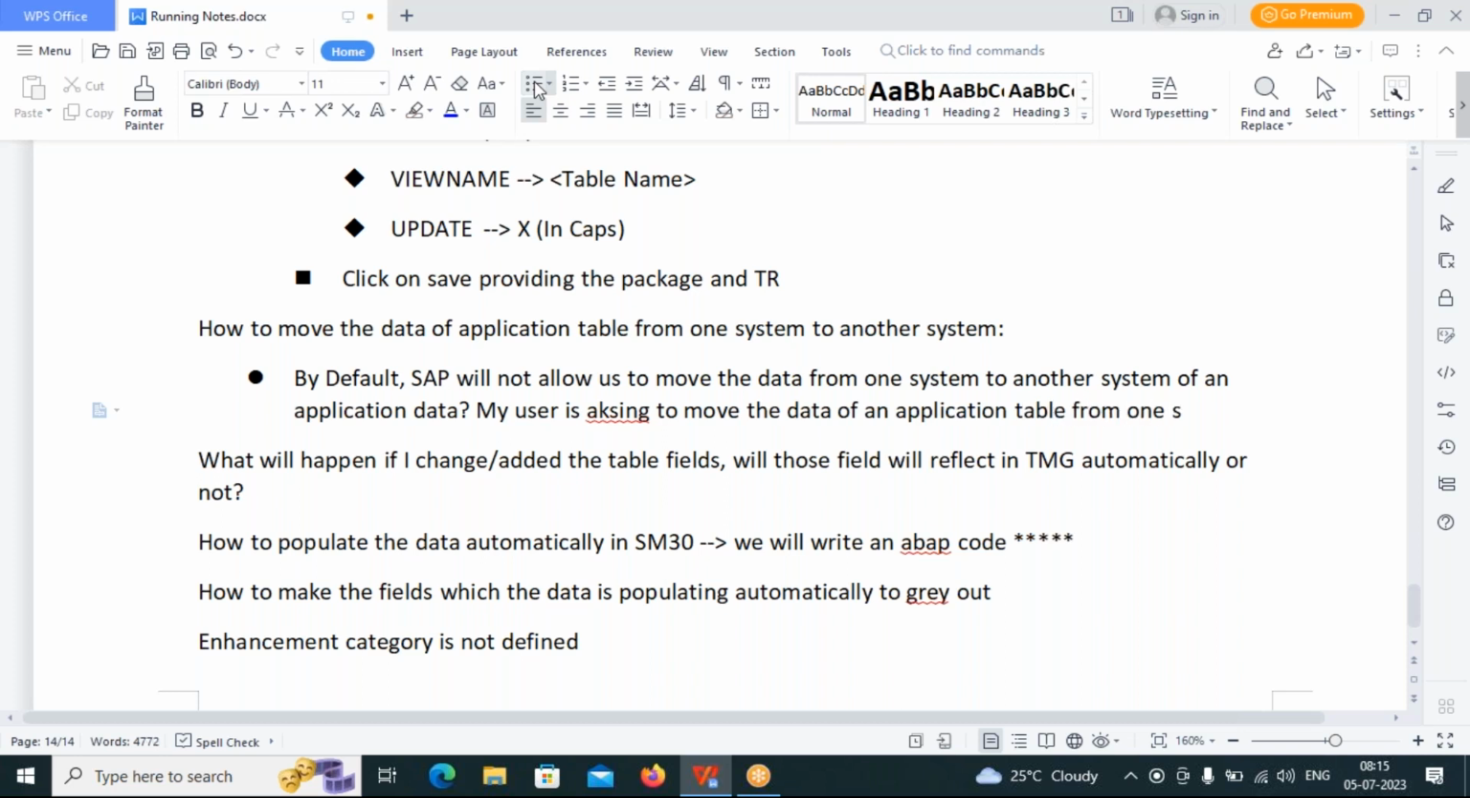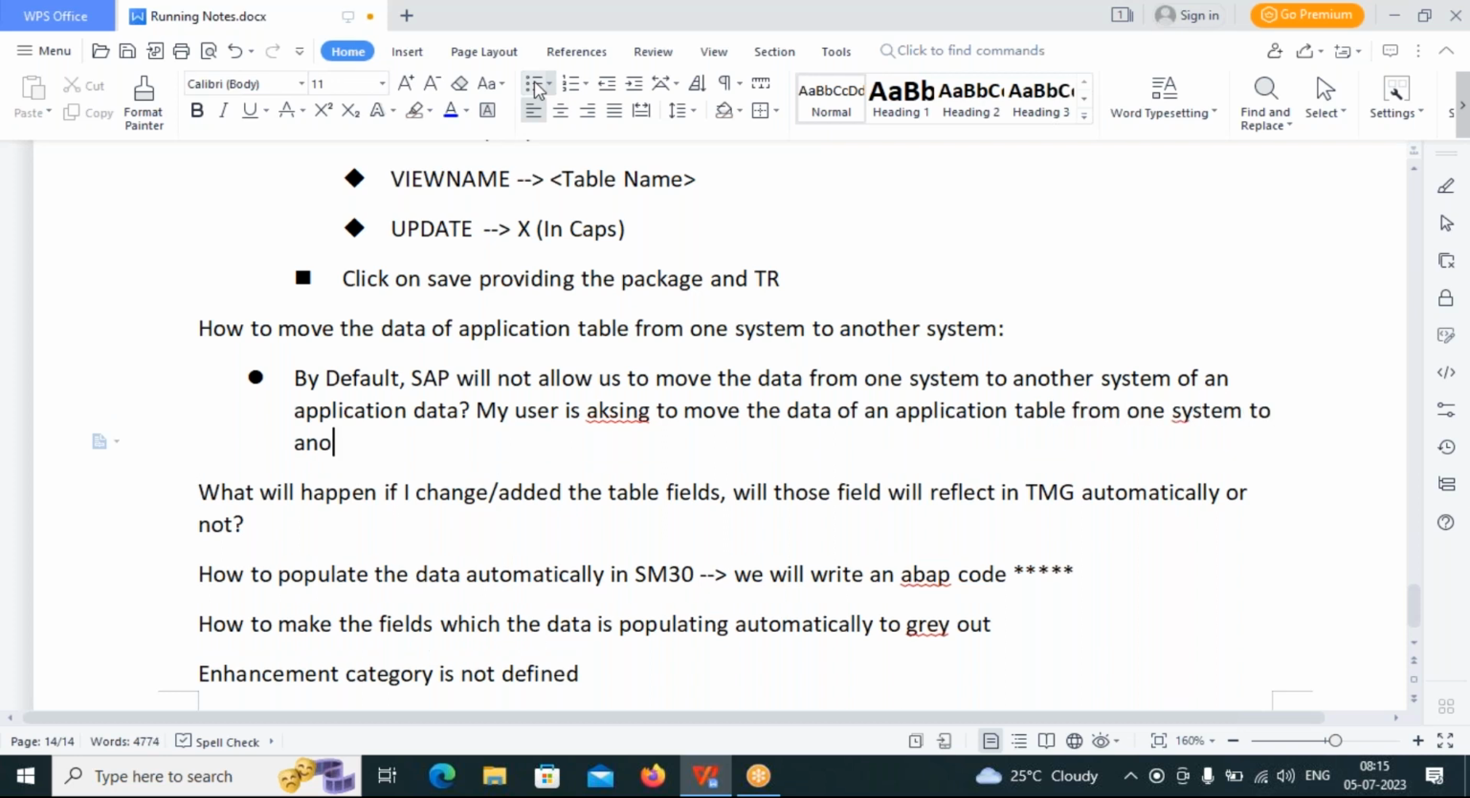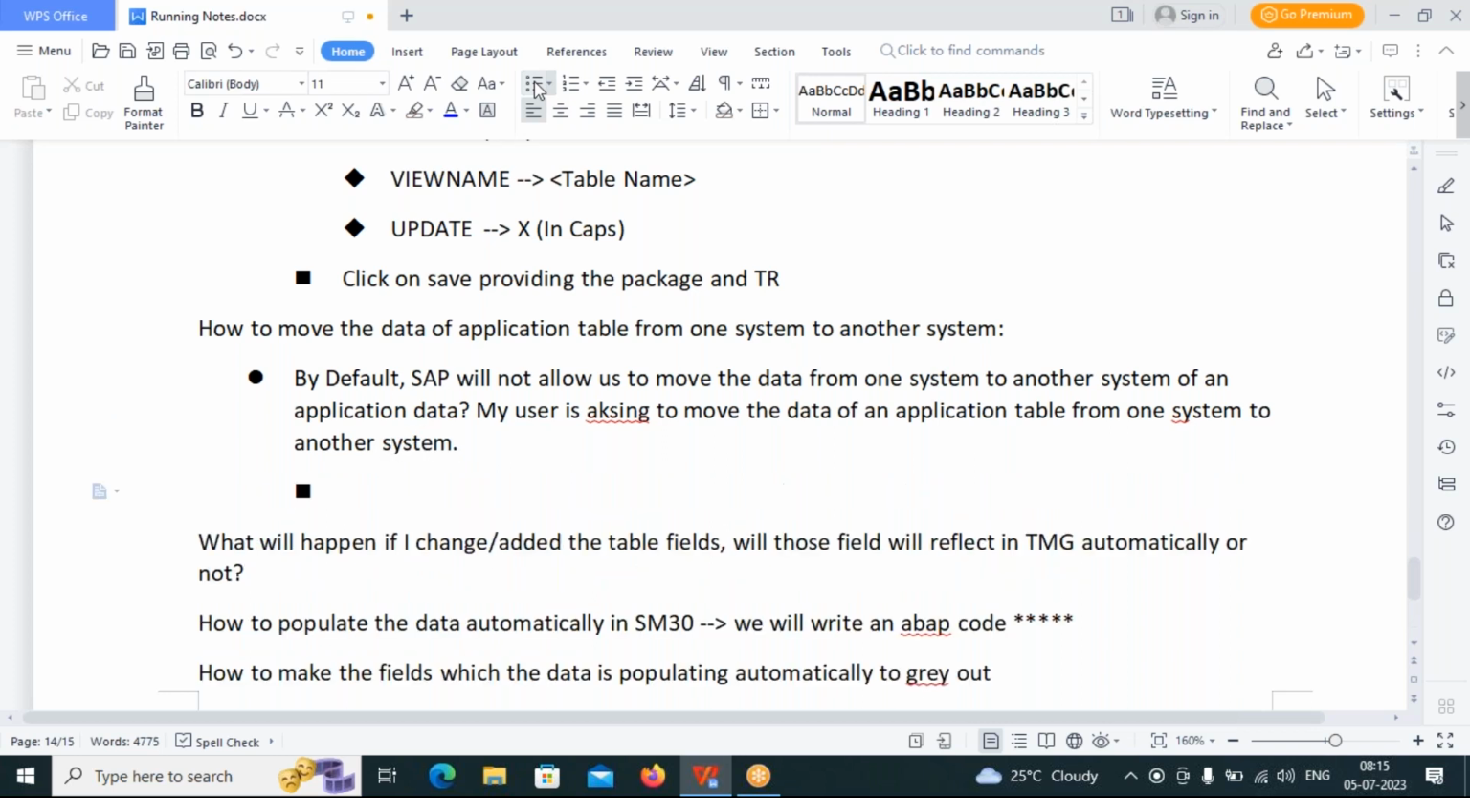From one system to another system. So how can you do that? To achieve this,